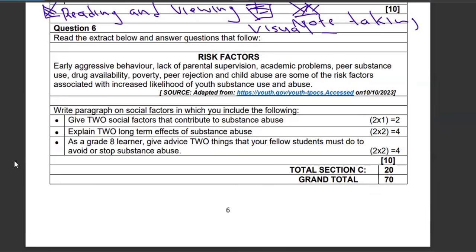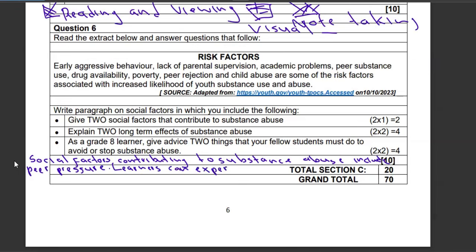So I'll start with the first one. 2 social factors that contribute to substance abuse. Social factors contributing to substance abuse include, and let's bear in mind that our question requires social factors. Social is something to do with our communities, with the people around us. They include peer pressure. So learners can experience peer pressure in communities and in schools